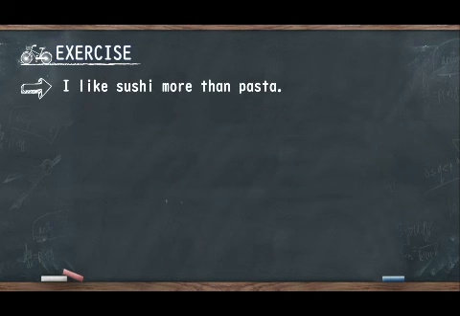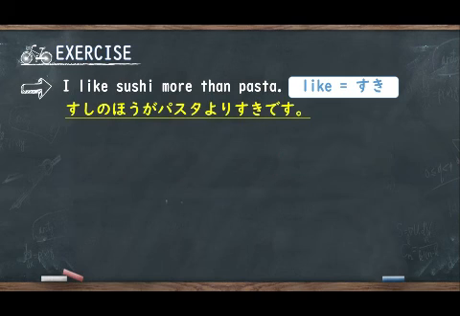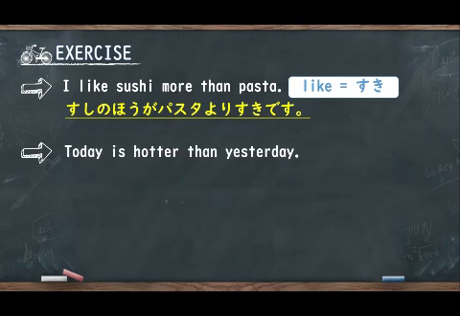I'll give you sentences in English and try to answer them in Japanese. So the first sentence is I like sushi more than pasta. Like in Japanese is 好き. 好き. So how do you say the full sentence in Japanese? Yes, you can say 寿司の方がパスタより好きです。